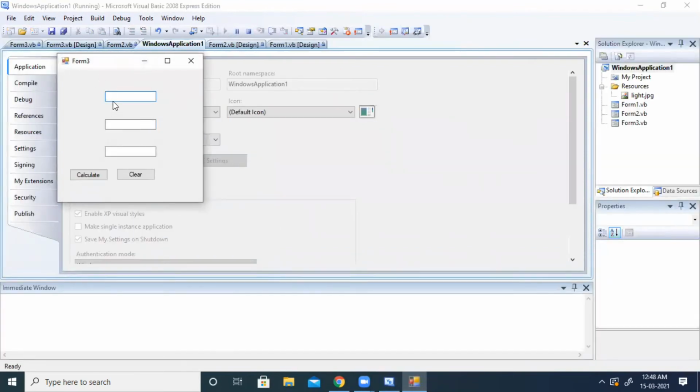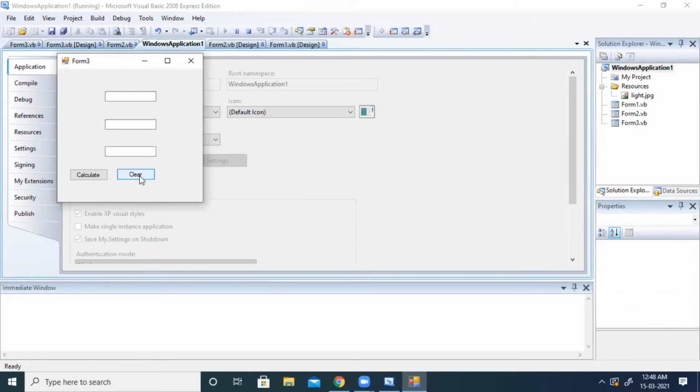So you can see here when I am going to enter the radius for the circle, suppose I am going to enter as 5, then click on calculate. So here it is calculating the area and here it is calculating the circumference. If I want to clear this data, click on the clear button. So all the data has got cleared. Now let us take one more data, enter 6, click on calculate. So this is the area and this is the circumference. Now click on clear. So this is the way you can do the calculations in VB using variable.